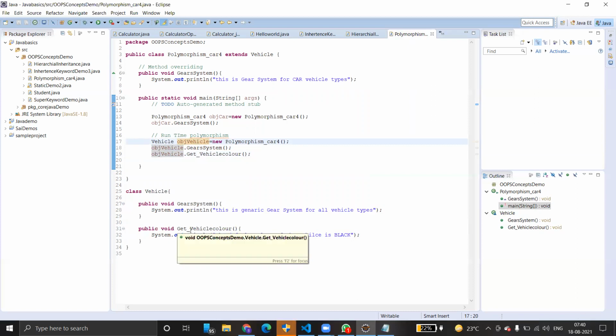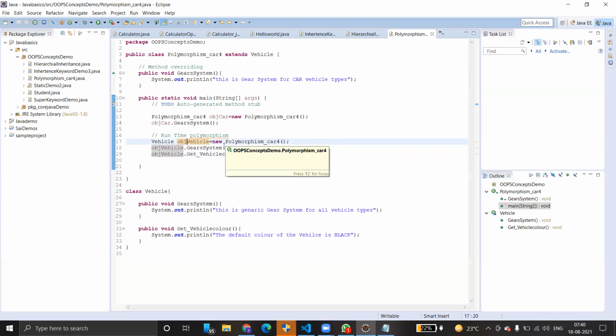When it comes to method overriding, it just invokes the method of the child class. Please remember this rule. That's why we call it runtime polymorphism. At compile time, it does not distinguish it. In compile time, it simply allocates the variable, but in runtime, based on the reference, it will invoke a method.